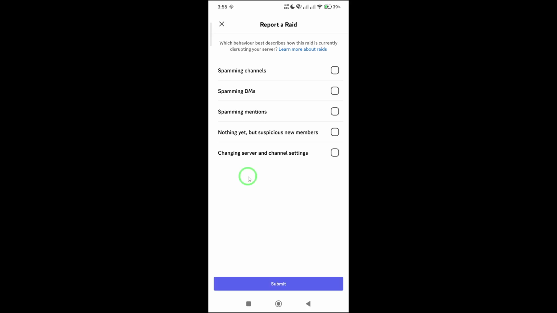Then, if prompted, you can add a short description to explain any extra details about the raid, like when it occurred or how users were affected. Once everything is filled out, tap Submit. Discord will confirm your report, and from there, the case will be reviewed by their moderation